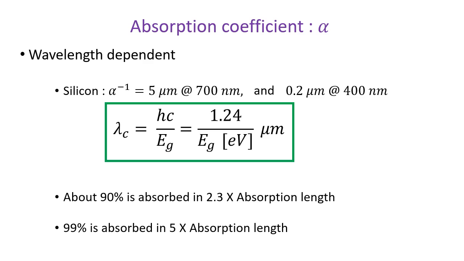right? So for example, at 700 nanometers, you need to travel, let's say, 5 micrometers inside the silicon crystal for it to register as a signal. If you come up with a higher energy, you need to travel a much shorter distance, right? Because the absorption is much larger, and hence alpha inverse gives you a length scale which is much